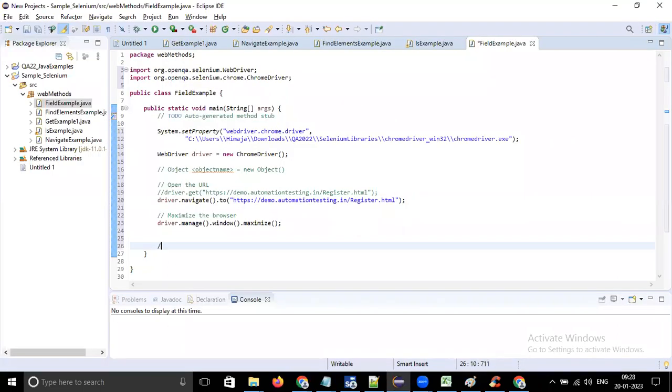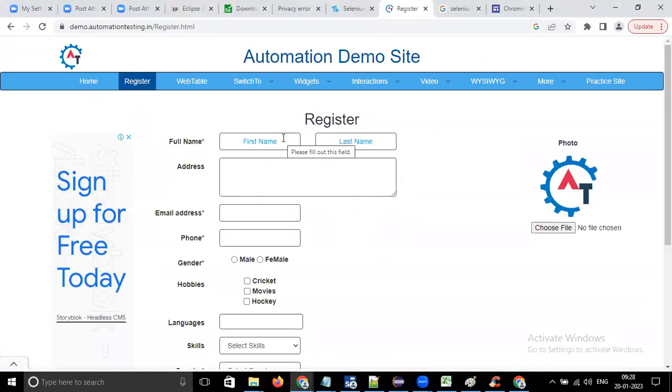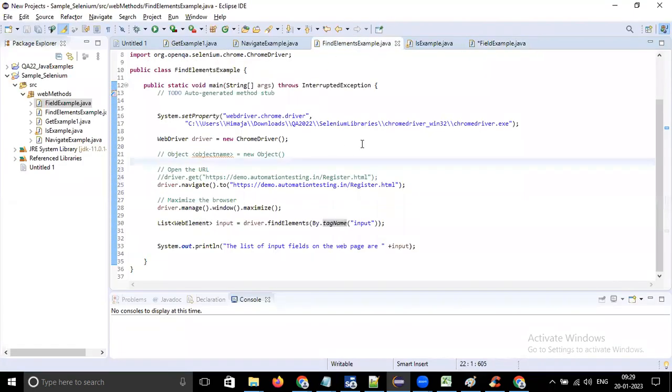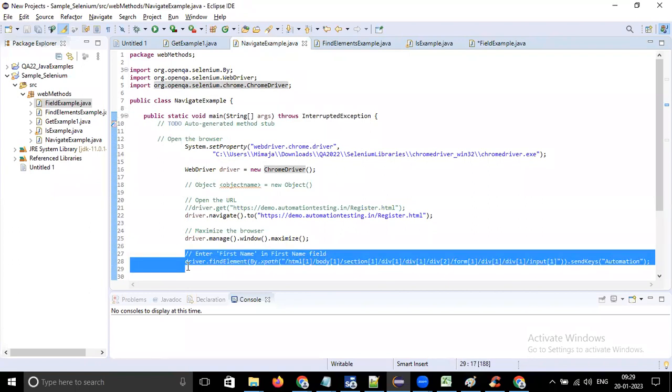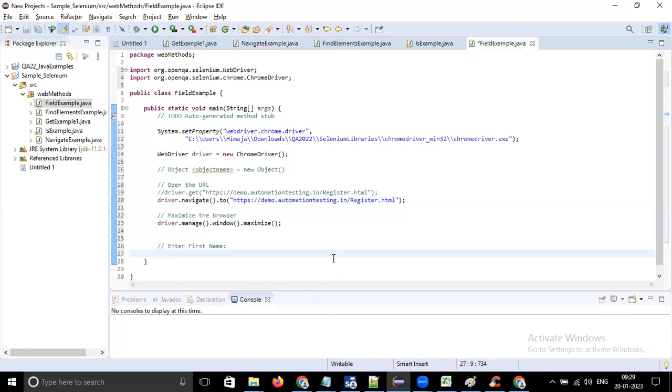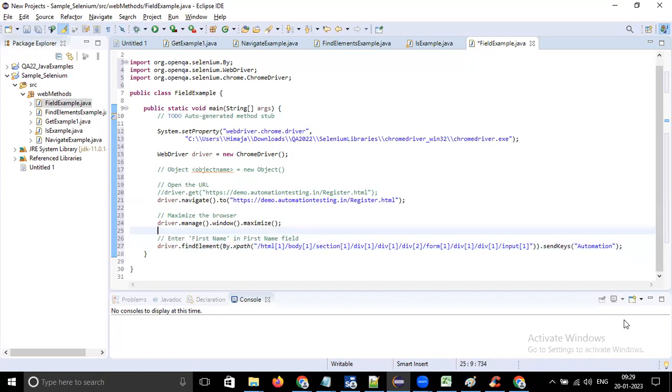So, enter first name. I'm just considering one field at a time. I think I have given that HTML code. Yeah. Enter first name. Can you please go on mute? We entered the first name. It will enter the first name. Now